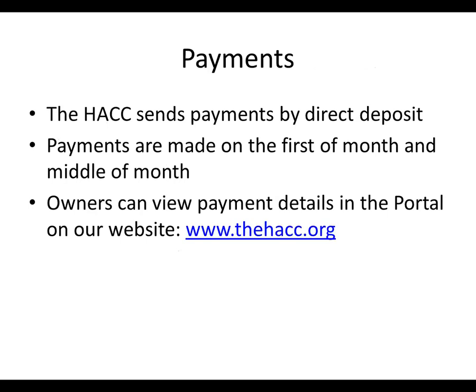The Housing Authority sends payments to the landlords by direct deposit. Payments are made on the first of the month and the middle of the month. The first of the month is the routine payment date, and that's the first business day of the month. If the processing of your paperwork doesn't happen in time for the first of the month, the Housing Authority will also send payments in the middle of the month, between the 16th to the 18th. This will cover any payments that were missed on the first. After that, all payments will go back to a first of the month schedule. Owners can sign up to view their payment details in the portal on our website,